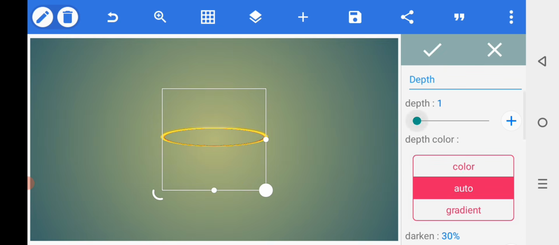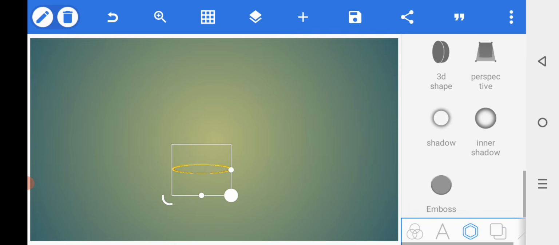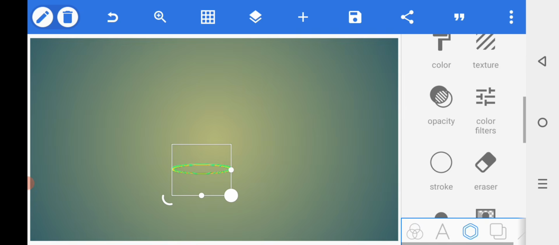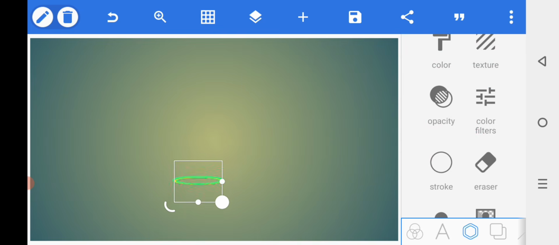How to make a designing shape on Pixel app easily. Open the Pixel app, select a shape, remove the background color, adjust the shape, select the stroke, different color of shape, duplicate the shape,